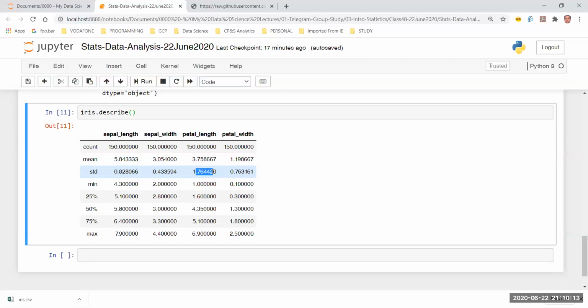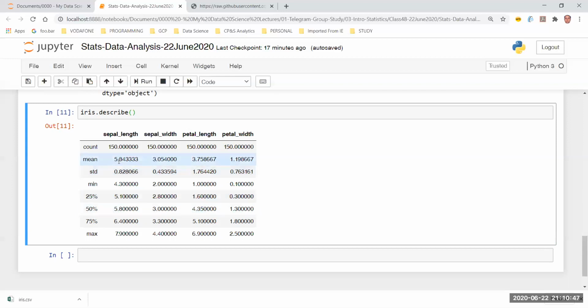Because if I have a good range in which my standard deviation falls, I can do the central limit theorem or any kind of hypothesis testing quite easily, because the structure of the graph pertaining to the distribution of that specific feature is going to be very well structured. It's going to have the least outliers, right? Then I have seen the minimum value. I can see the 25 percentile, the 50 percentile. So 50 percentile is otherwise known as the median. We have already seen that.